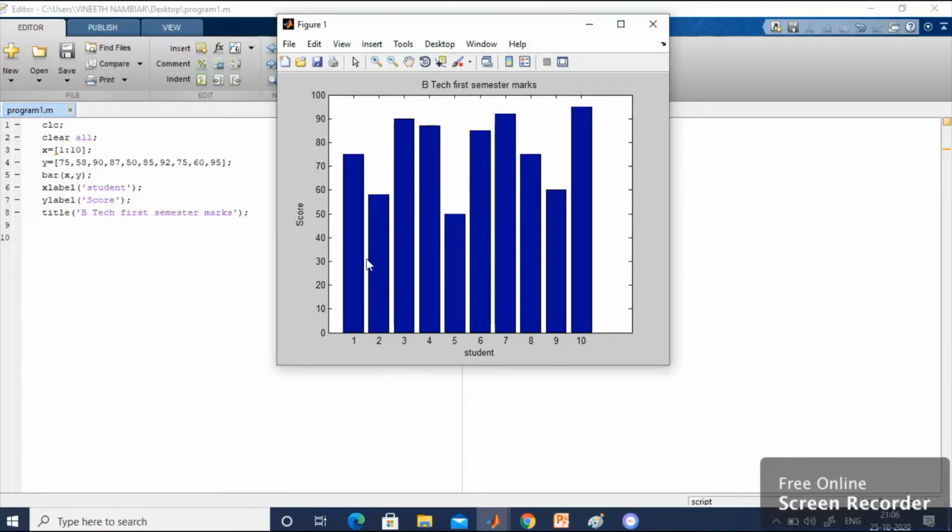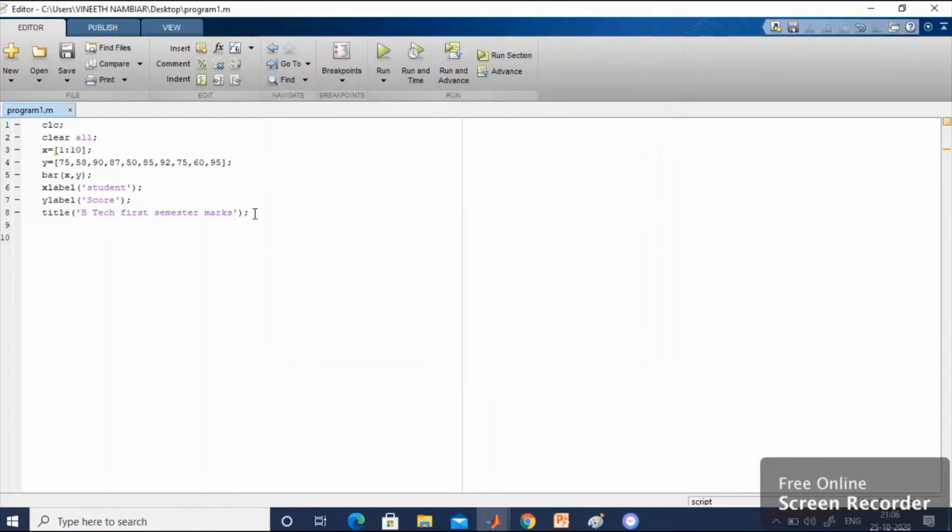And the data is now in a presentable form. Student 1, he has obtained this much percentage. Student 2 and student 3. From this we can identify which student has scored highest. That means the 10th student scored highest marks. It is very clear, right? Instead of writing all the information, this is in a pictorial form, in a graphical manner, it is very clear. If you want, you can put the grid on also.